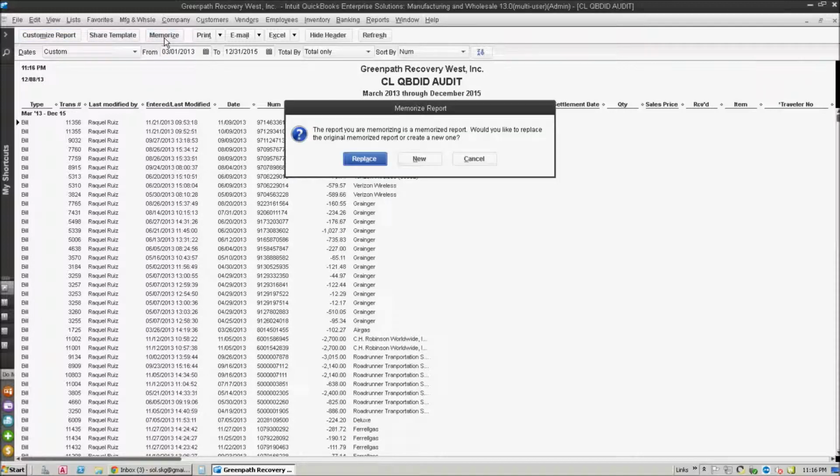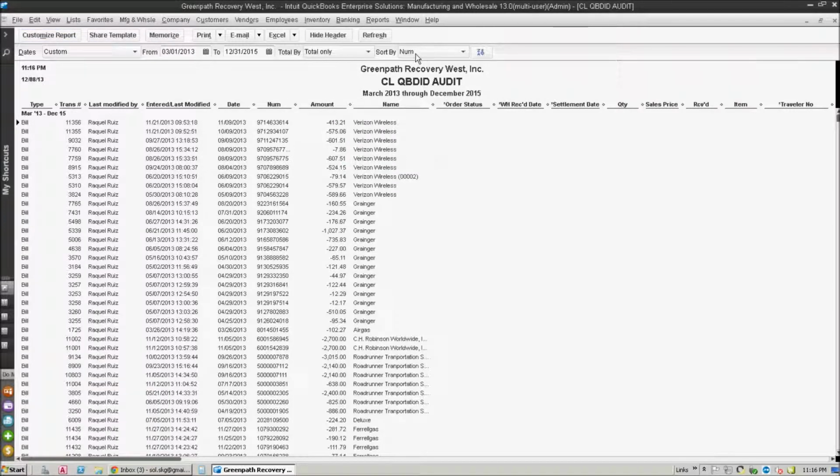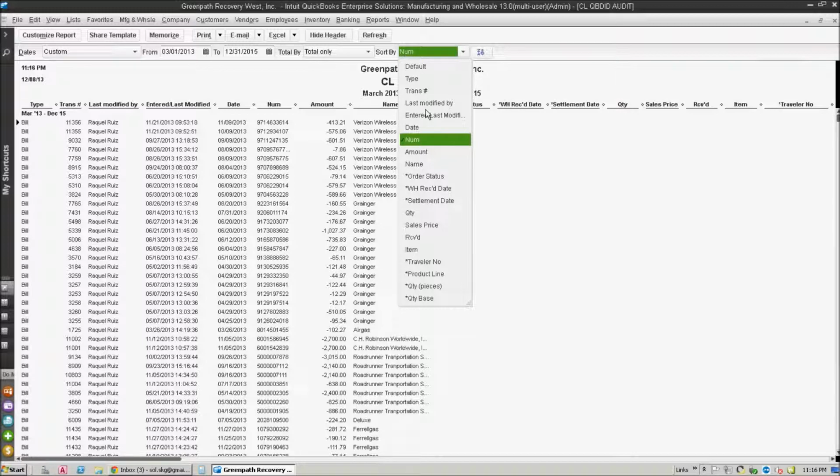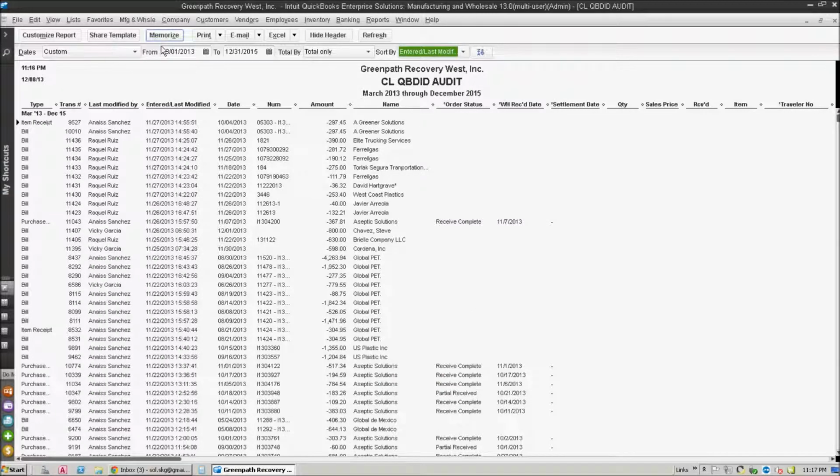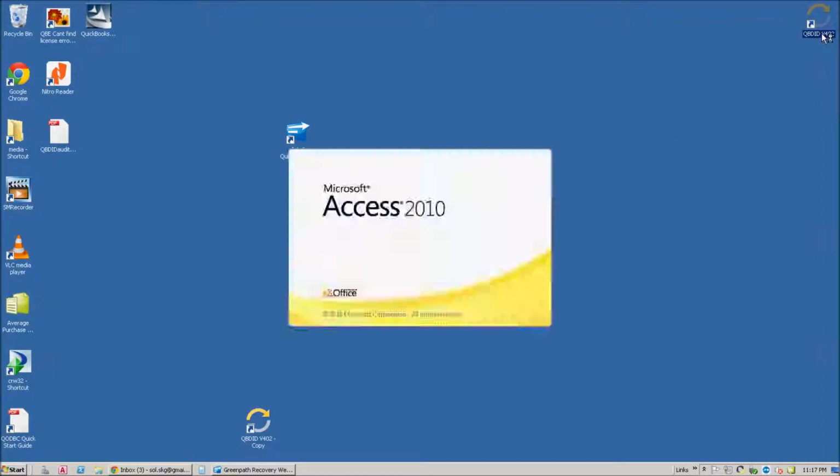Here I'm just going to memorize the report, replace it, and sort the report by the audit date. And the reason why that's important is because it's nice to see the transactions import and appear at the top of the report. Now I'm going to go ahead and start the dashboard,